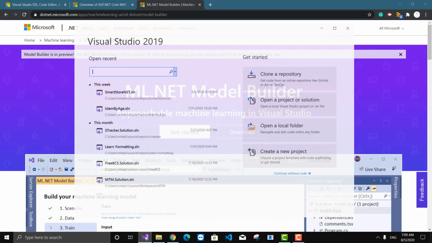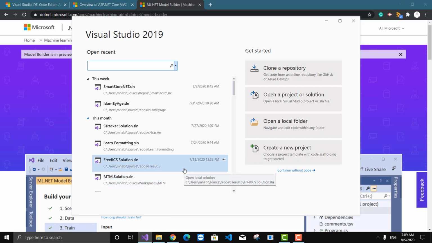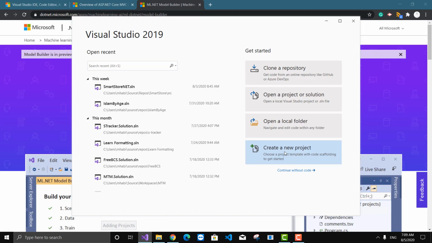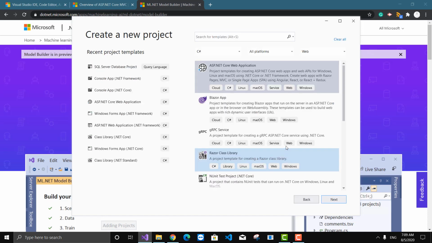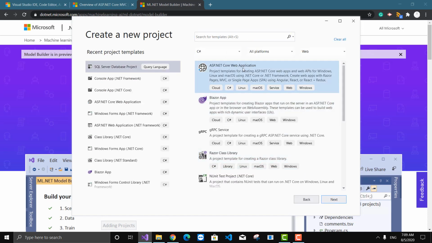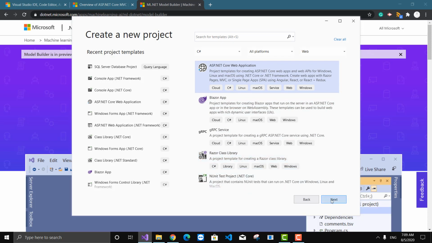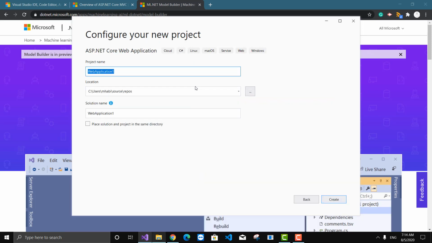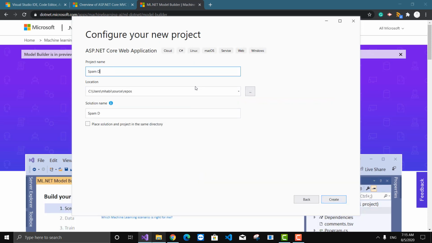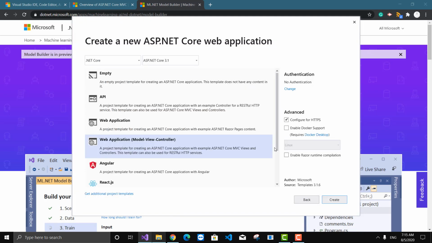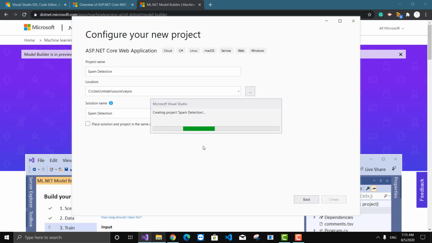So let's start. First of all, I will open Visual Studio 2019 and click on create a new project. Here I will select ASP.NET Core web application and specify the project name, that is spam detection. Click on the create button. Here I will select model view controller.